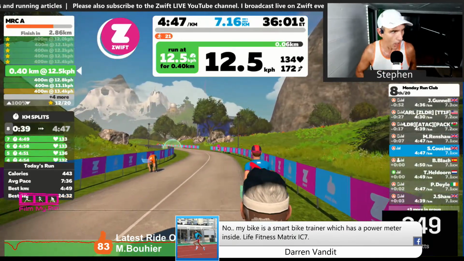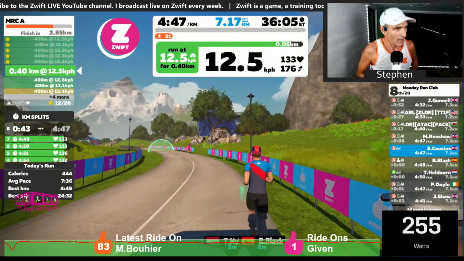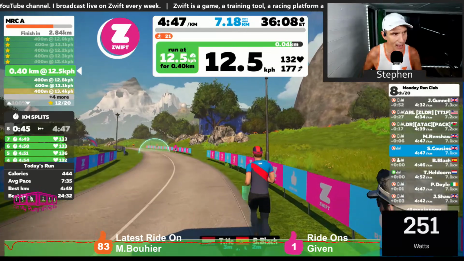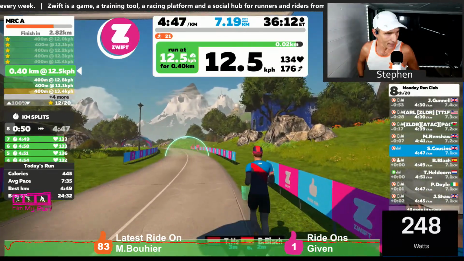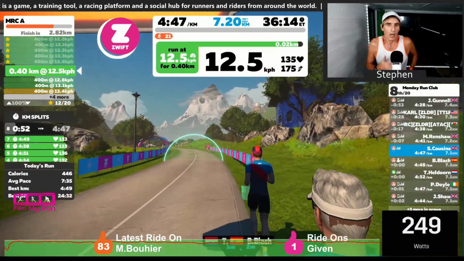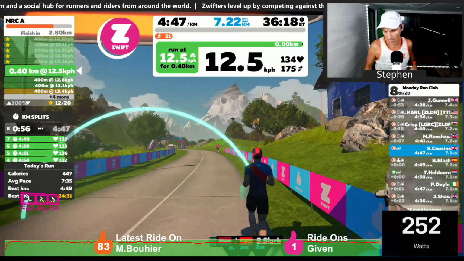Yeah, so just turn it all on, Darren. Turn Zwift on, go to the bike pairing screen and pair as a power meter. Pair the power meter and the controllable trainer and that should work. Right, here we go to 12.8 now. I jumped the gun a bit earlier.